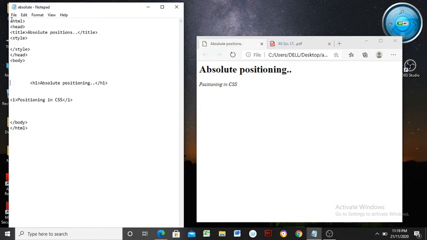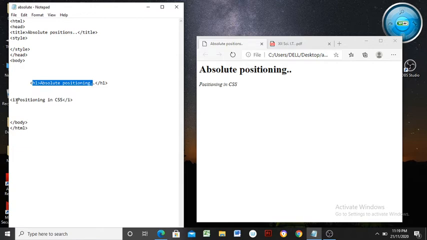having structure tags and a few more lines as content. A simple HTML file, and its output is displayed in the browser's window like this. Heading level number 1 we have used here on a content called absolute positioning.